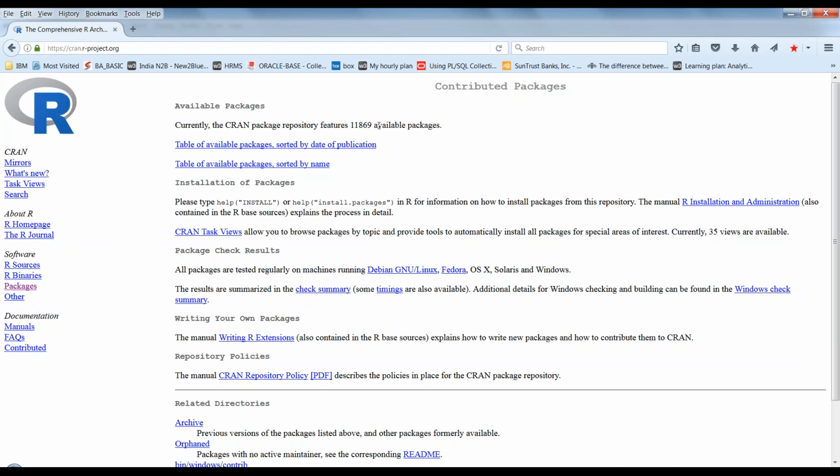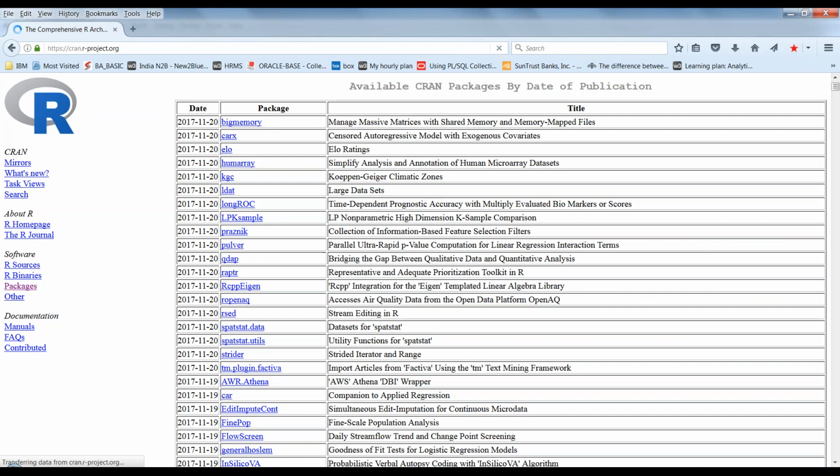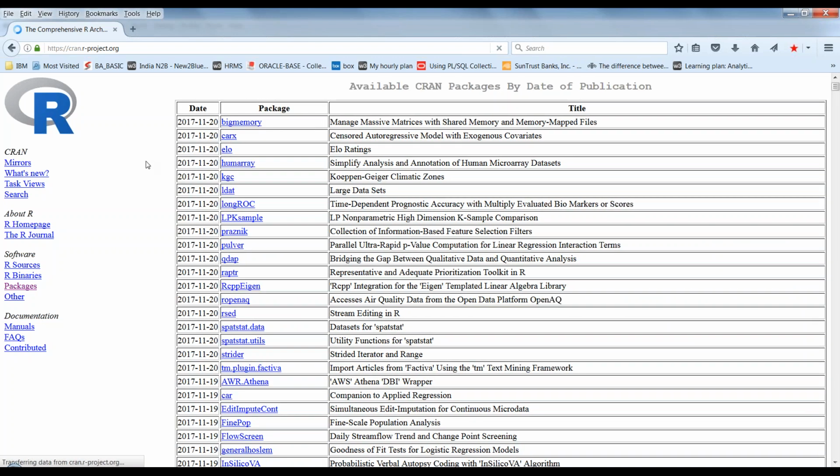Why I'm going to take this dplyr package is that it is useful in data manipulation. It's a grammar for data manipulation. So that's why I'm aware of this package: what is the functionality and how it works. So that's why I'm going to use this in our data exploration. Similarly, if you explore other packages, what is the purpose of that package and how it works, then you can use those packages as well.